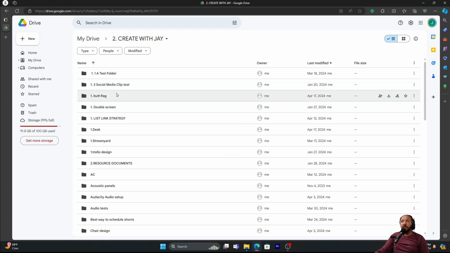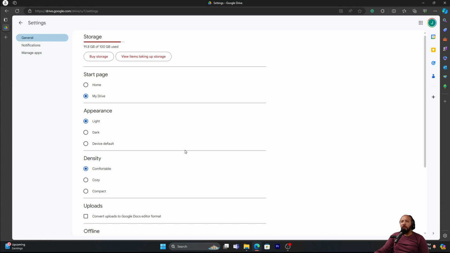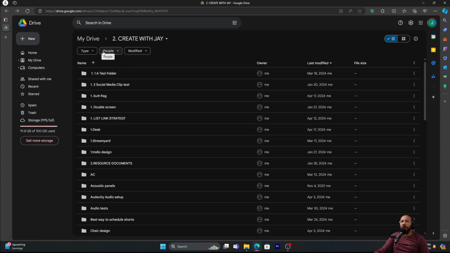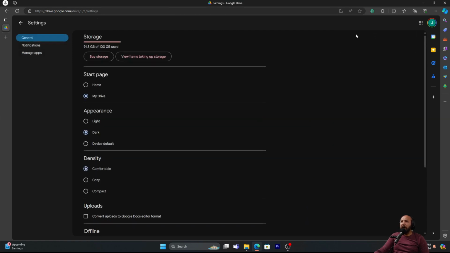And also what's super cool is you can actually change this into a dark theme, which is super cool. I believe you come here, you go up to settings and you go to dark. Ooh, how intense is that? And then you go back, and this is kind of how it looks right now. I do like it this way, but I wanted to show you guys that option. So let me switch this back real quick. All right,